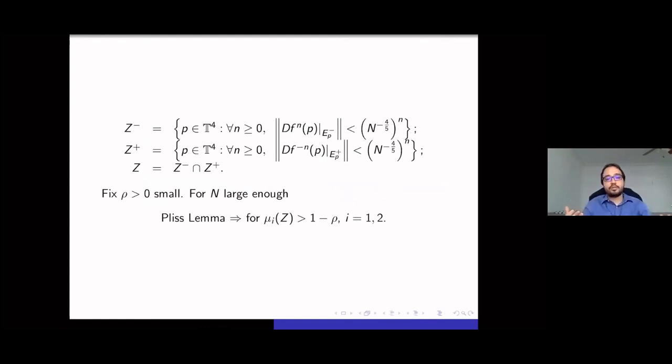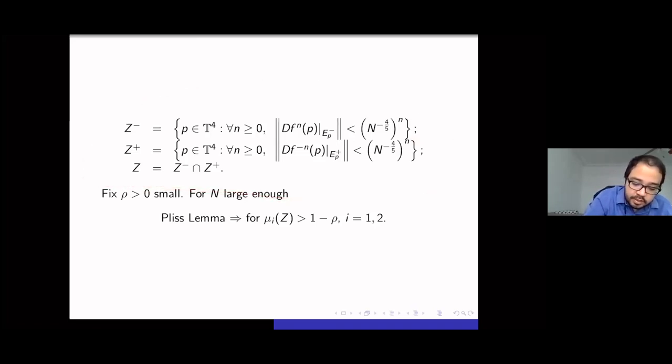Now you want to look at which points you apply these things to. You define this set Z minus. If you really want to apply that construction, you cannot apply it for the Lyapunov exponent itself, like the exponential of the Lyapunov exponent itself. You need to add some error, like some epsilon. So you have tools such as Pliss lemma, which unfortunately I won't have time to go into in detail here, that allows you to obtain many points for your measure where you verify the hypothesis of the construction. You codify this into these three sets here.